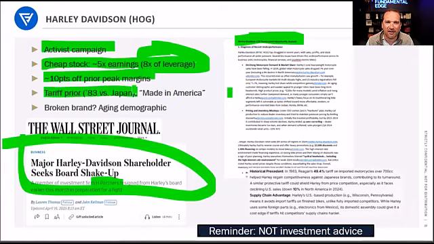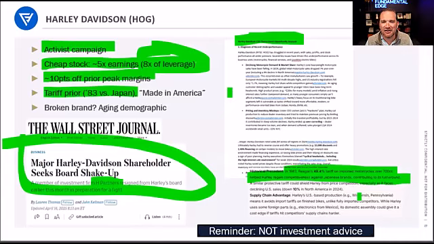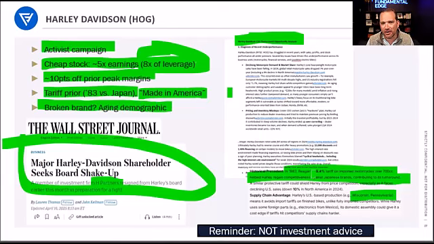An interesting tariff prior that can be pulled up from the LLM: in 83, Reagan put tariffs on Japanese motorcycles, and that contributed to the turnaround. So clearly not trying to make an investment recommendation here. But these are the sort of use cases that I'm finding really interesting, to say, okay, who might be the winners and losers from tariffs if implemented, and certainly the made in America manufacturers, manufacturing in Wisconsin and Pennsylvania, losing share to foreign competitors if they're tariffed. That could obviously lead to a market share turnaround if other elements of the brand and innovation cycle are brought back on board with a new and right CEO.